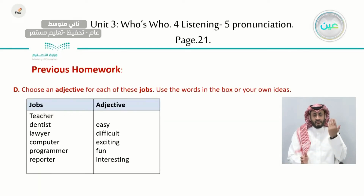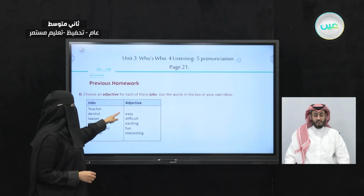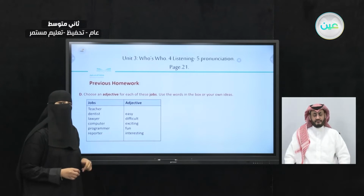You were asked to choose an adjective for each of these jobs and use the words in the boxes or your own ideas. Here are the jobs: teacher, dentist, lawyer, computer programmer, reporter. Choose one of the adjectives that can describe this job: easy, difficult, exciting, fun, and interesting. I will show you here an example